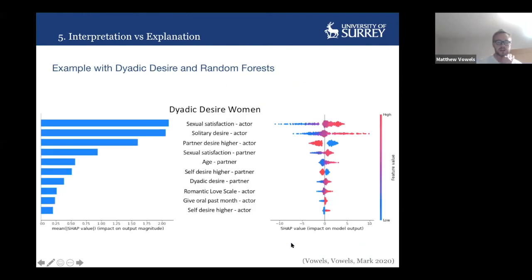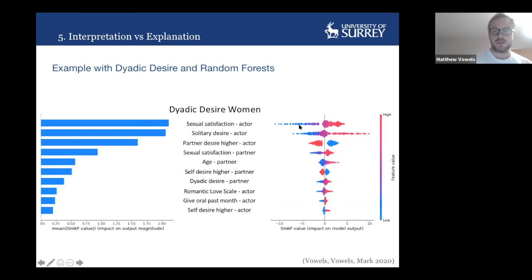So this is actually a paper that I've just, I can't remember whether it's been accepted now or not. It's with my wife anyway, and we're looking at desire in women. And these are the variables that we stuck into a random forest. We did bootstrapping, we did multiple runs of this. Essentially, the SHAP package outputs various things that you can look at that are very pretty. And some of these I've included here. So this here is basically just a measure of variable importance. For each of these variables, it gives you a measure of how important it was for the prediction.